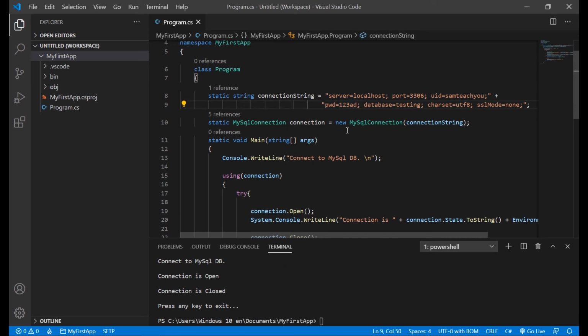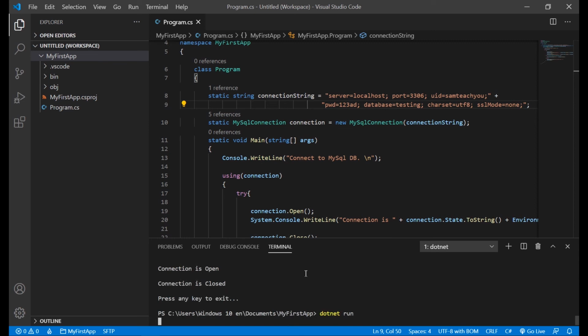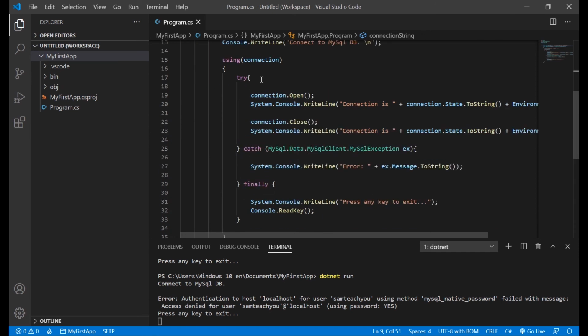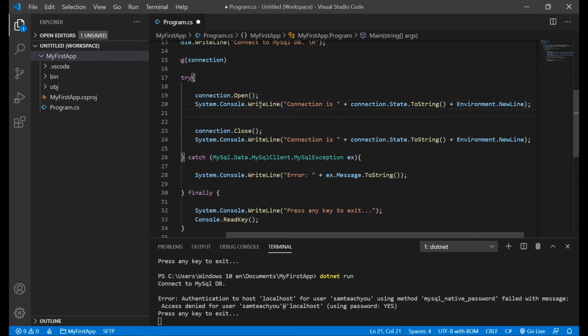If we change, for example, the password, and we run the program again, we have an error because the password isn't correct,